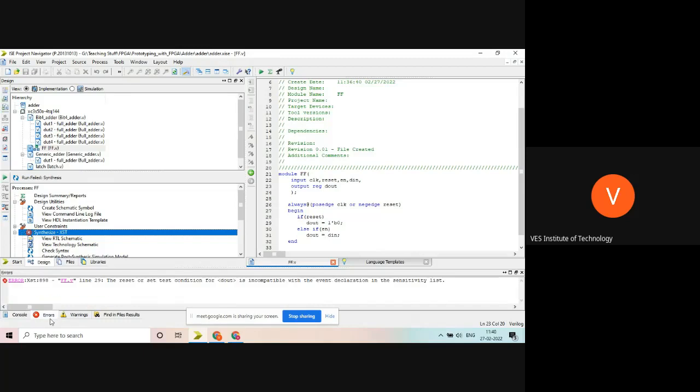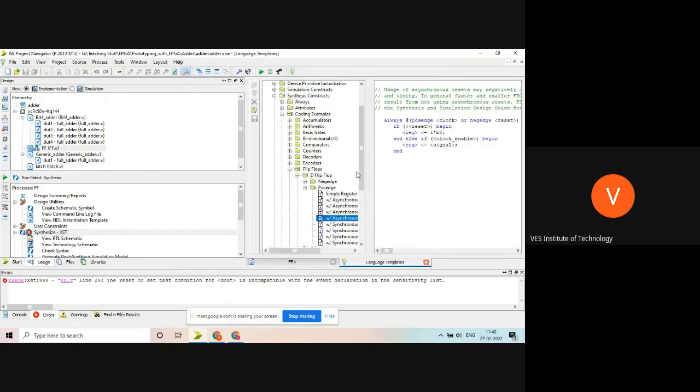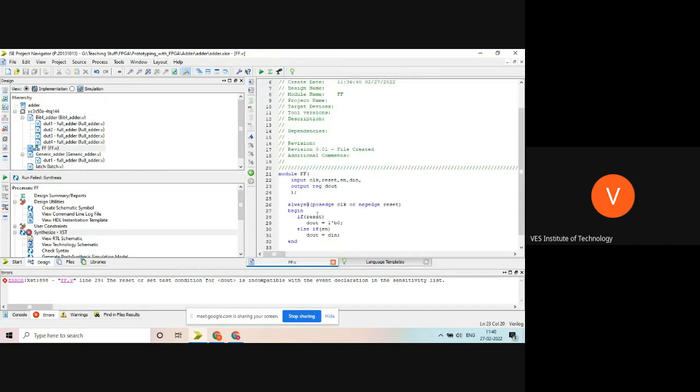There is an error. There is an incompatibility, as I said, because I have written negedge reset and I have used reset. Okay, now it will work.